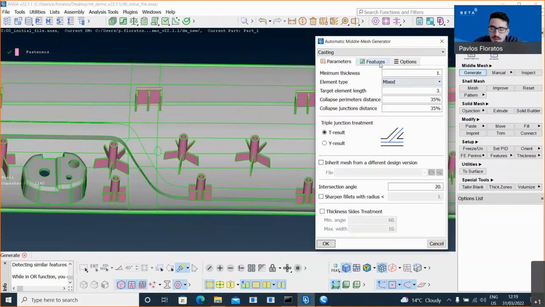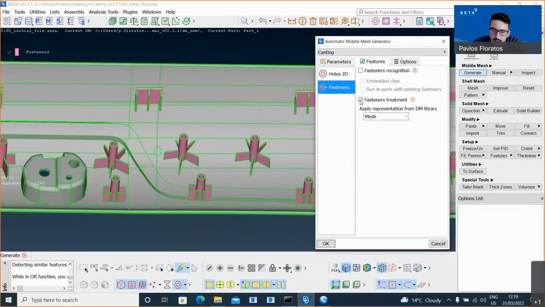So you can just open casting like this, and you can run it normally without fasteners treatment. This checkbox is off, which means that casting will run as always, and it will make a result both in the main body of the part and the fasteners.